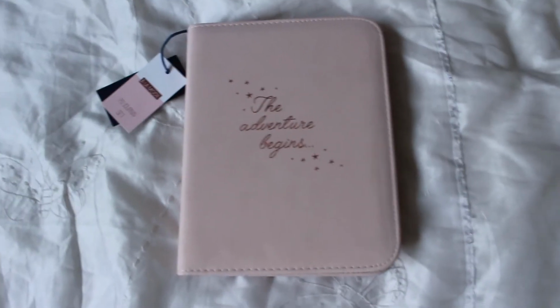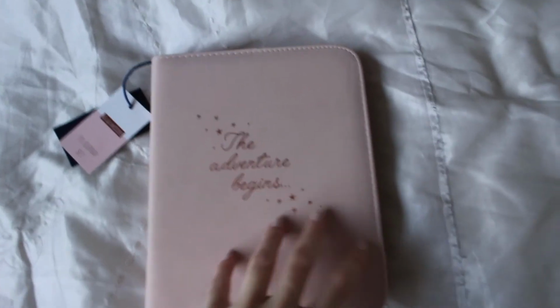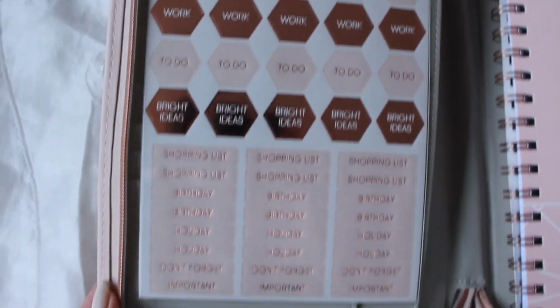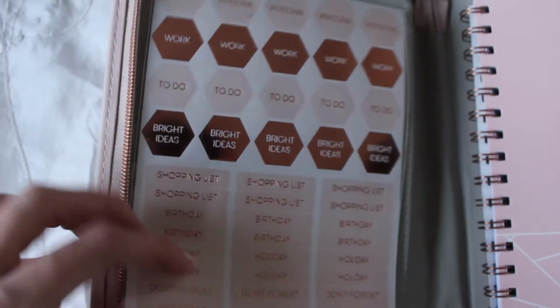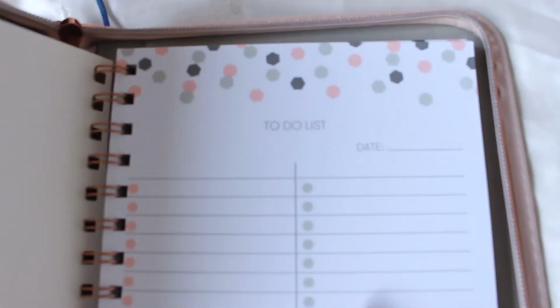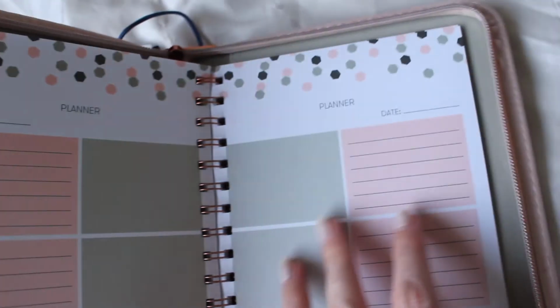And this is just a journal. I'm interested to see what's inside because it's quite big, but I thought it was really, really pretty. I've actually lost a little bit of the light, but I really wanted to quickly show you inside because it's actually really nice. You get these little stickers, which I think are so pretty, and just the colours. I think you get a couple of pages of those, and then you've got a little organiser section which is really nice, and then this really pretty book says make today amazing, and there's a to-do list, and then at the back there's a planner which I just think is really, really nice,